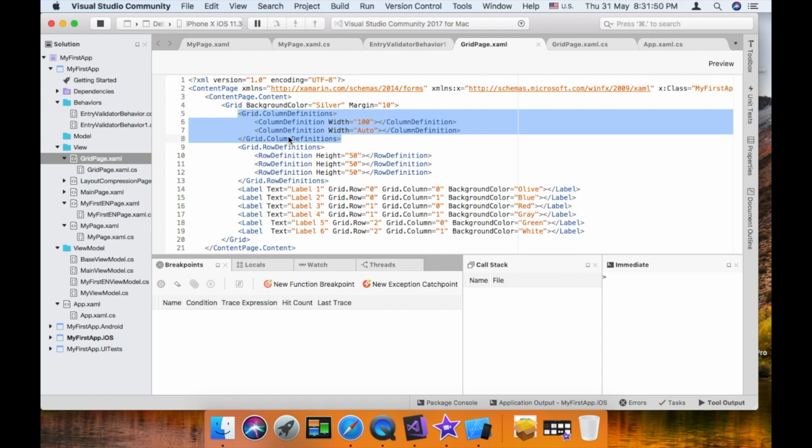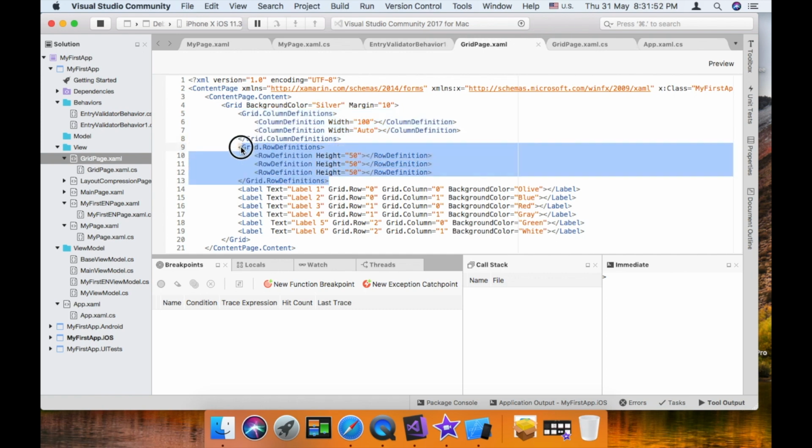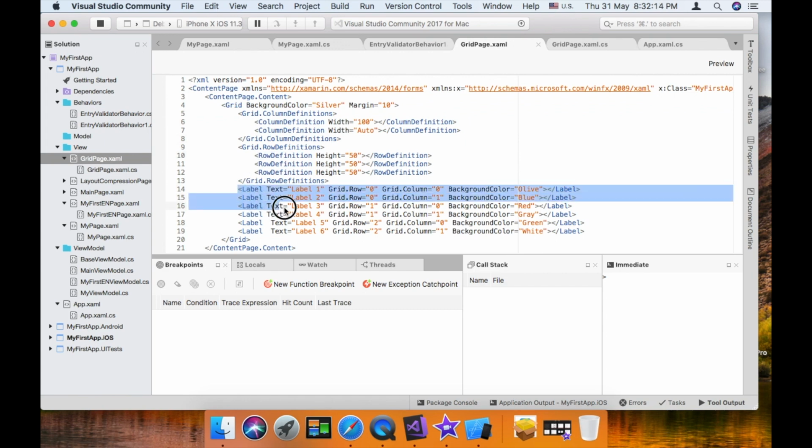Row definitions. Row definitions explains, it will define what will be the height of these rows. Then once you define the column and row, then immediately you can put your visual elements inside this grid. I have created 6 visual elements